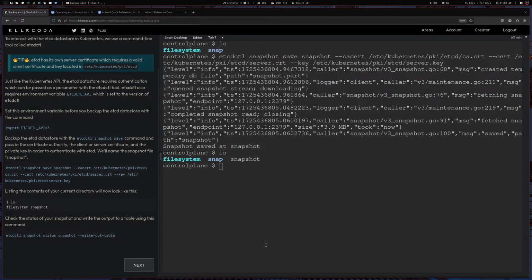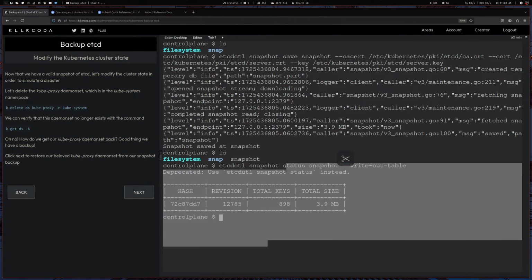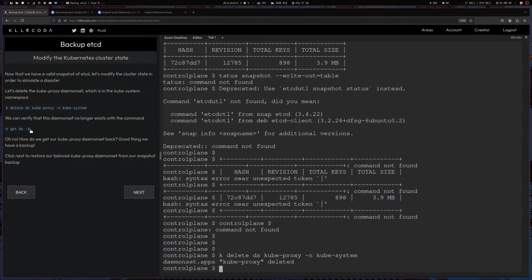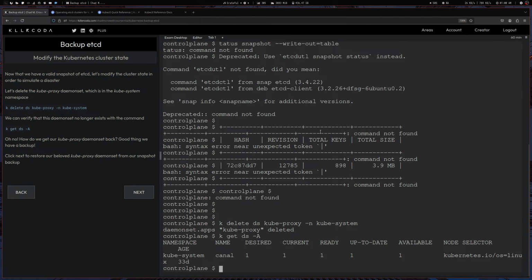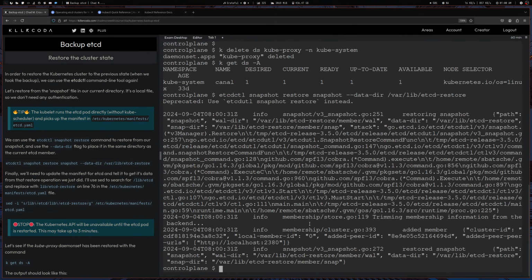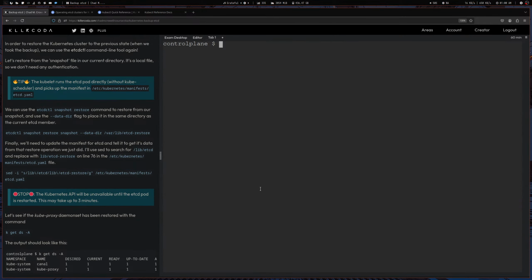We have a snapshot. Delete. Okay, copy that. Yeah, delete. We don't have kube-proxy. Run this again. It's restored. Now let's just see, cat